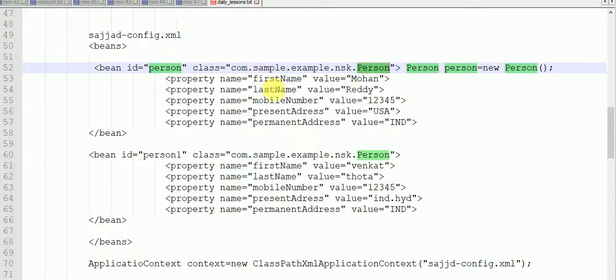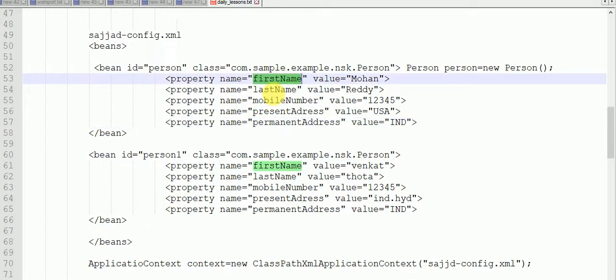Now how will it set the values of these properties? For that